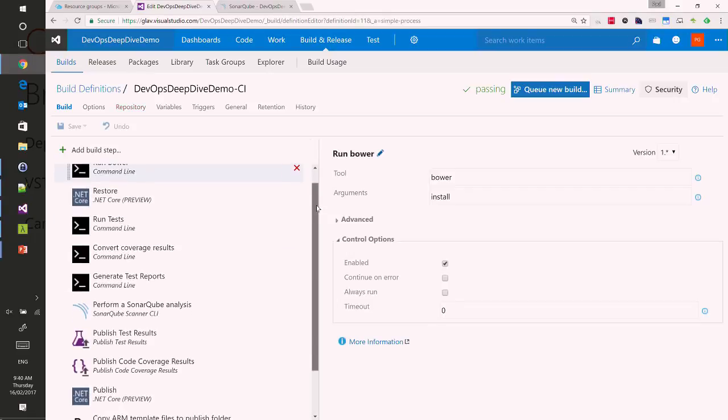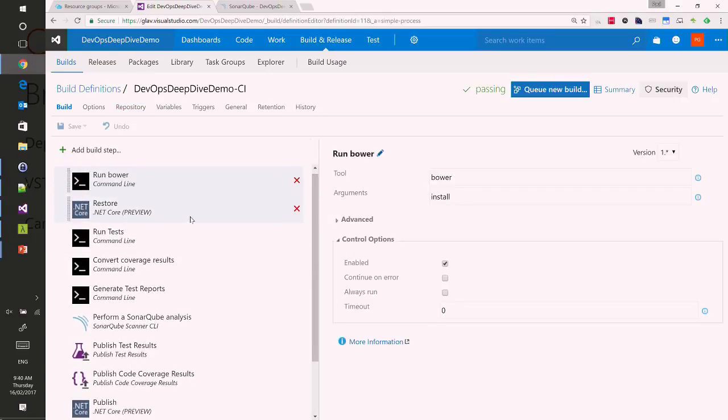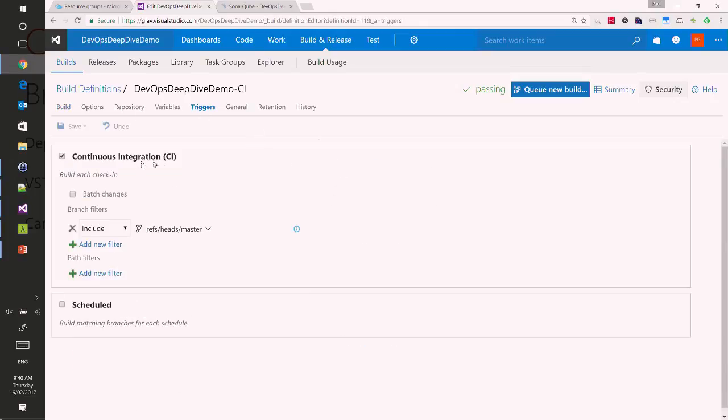Okay, so I've got a CI pipeline here. We're doing things like running Bower and some .NET Core restorations, running tests, etc. Before I get into the details of that, if I look in the triggers here, you can see I've got continuous integration checked and the branch filters, in this case, ref heads master. And I can add new branches to check there. But in conjunction with that, if I go over to releases,